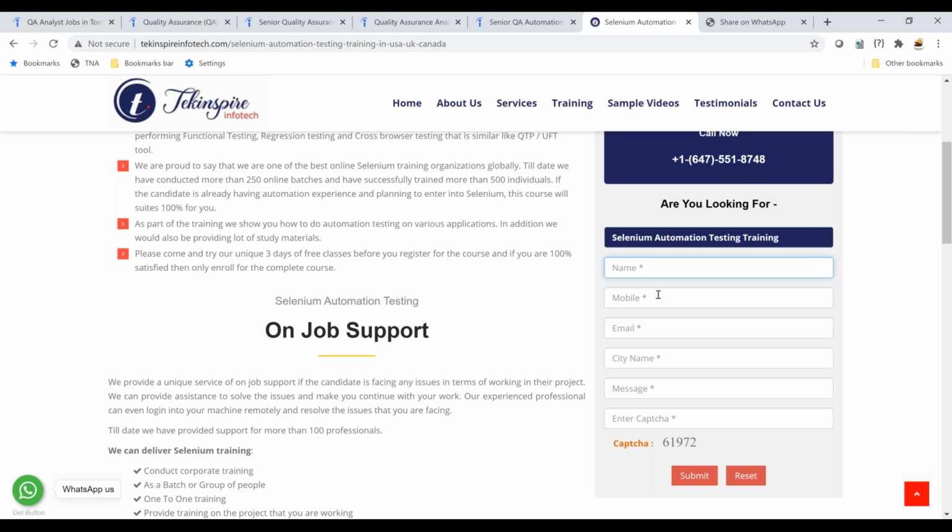So let's do this testing now. I'm entering my name, my phone number 647-620-7364, and my email ID naresh@gmail.com. City, Brampton.